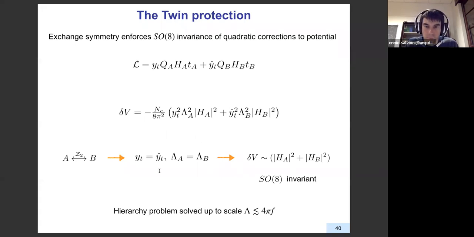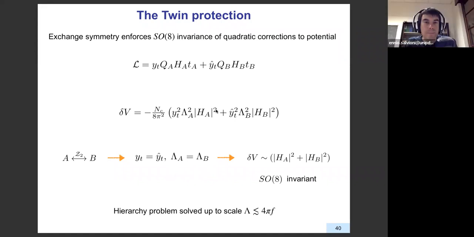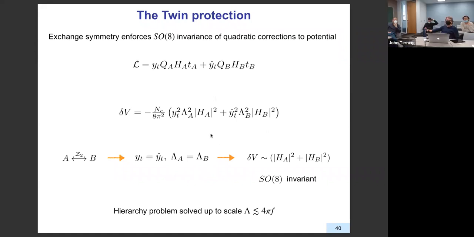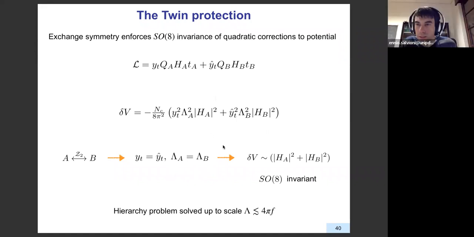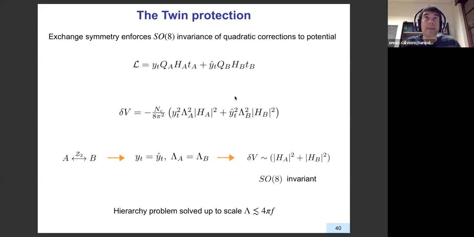This can work. Sorry, maybe on your question, I did not remember correctly. You say the Z2 symmetry is an element of SO8, or is it your actual assumption? Is the Z2 symmetry an element of SO8, or do you impose an additional Z2 symmetry? It's an additional condition. I'm just assuming that there is an exchange symmetry. And SO8 cross Z2, that's your starting point. It's SO8 cross Z2, and the Z2 exchanges the two SO4s inside the SO8, if you wish.